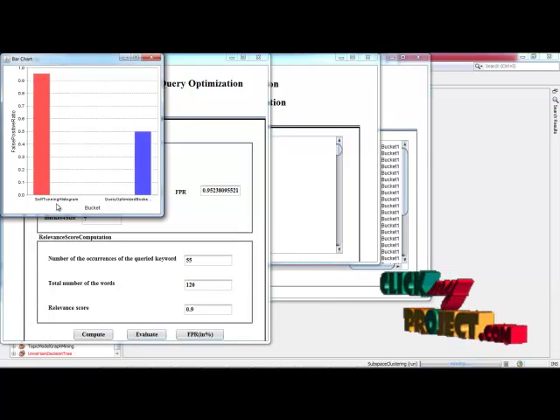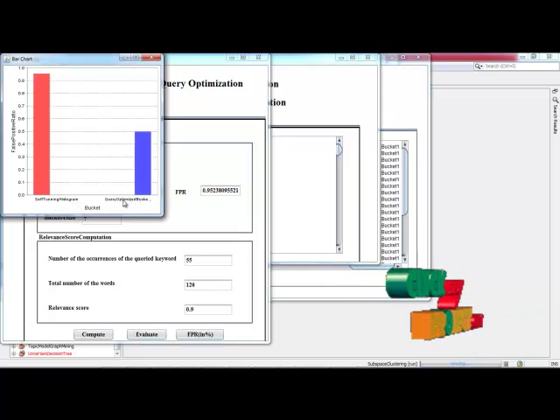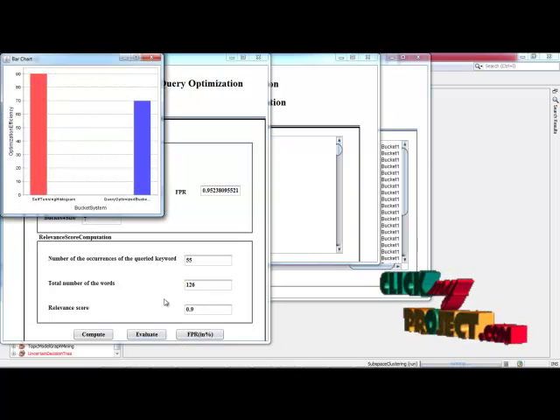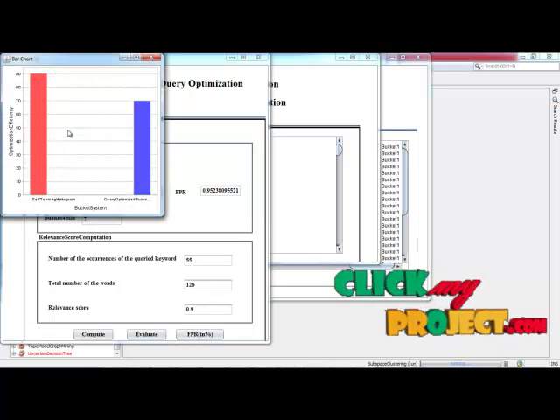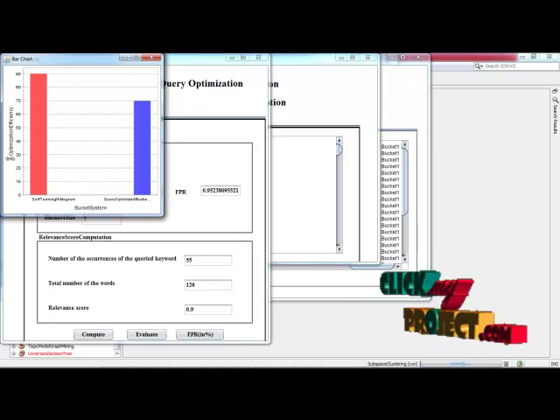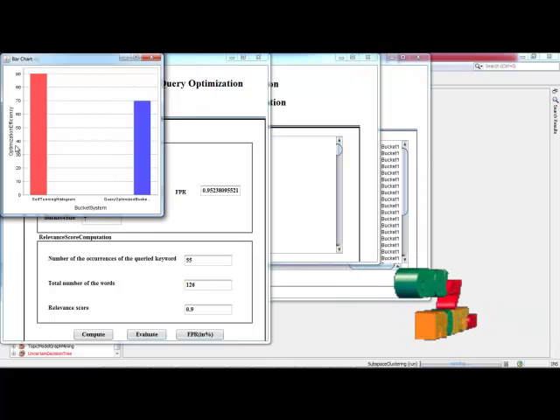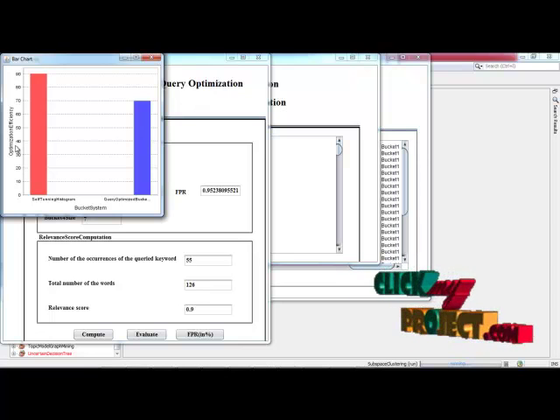Our proposed system is a self-tuning histogram. Our existing system is a query optimized bucket. Based upon that FPR ratio, we evaluate the efficiency of the existing system and proposed system by using the parameter called optimization efficiency. This is the complete demo of our project. Thank you for watching.